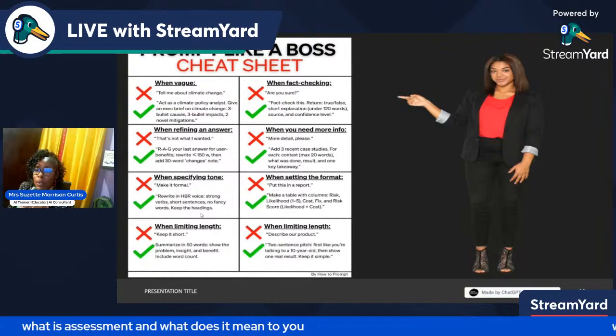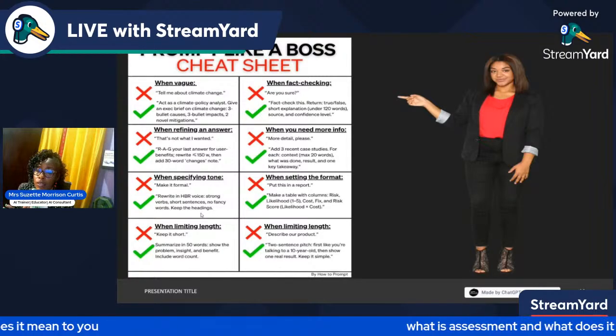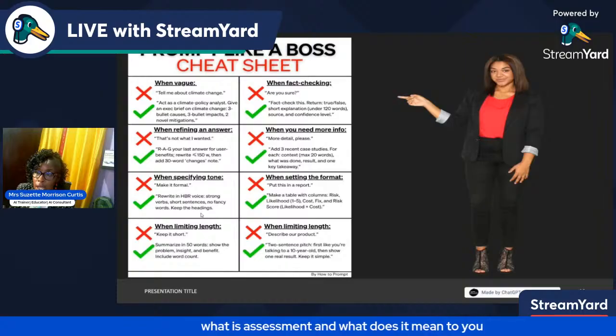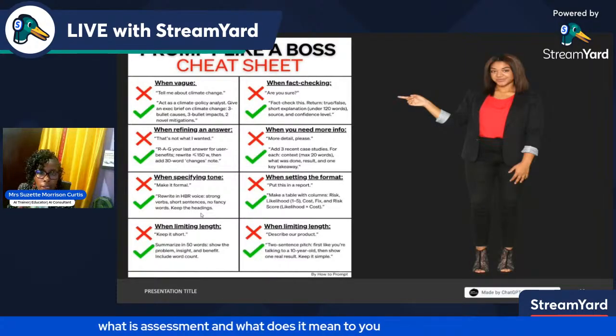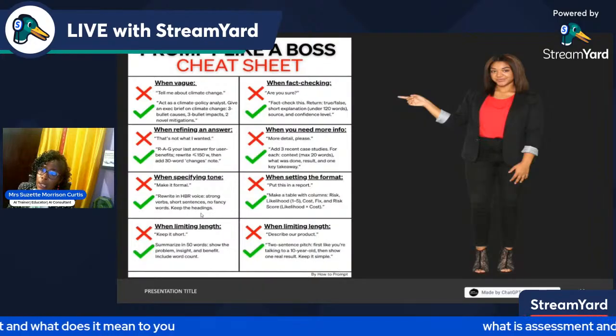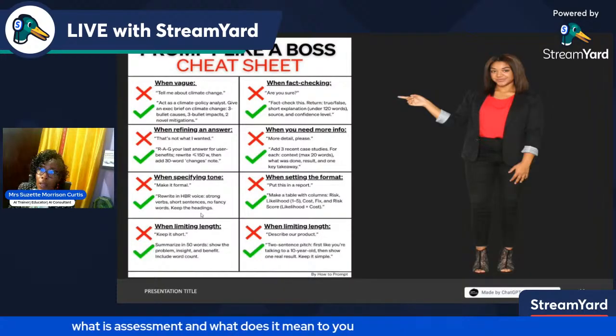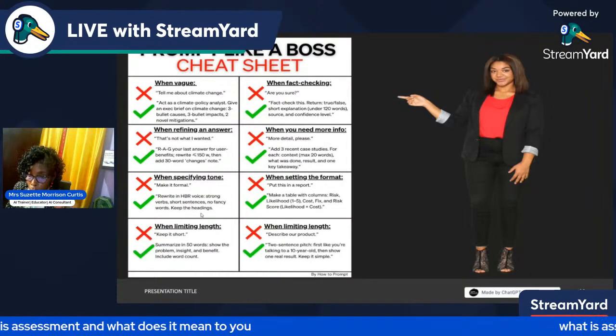So these are some of the things you can use when you're creating your own course, not course assessment, but your course materials, and make things a little bit more different. In terms of setting the format, you can tell it what columns you want, and fact-check to make sure that the things are from an authentic source.